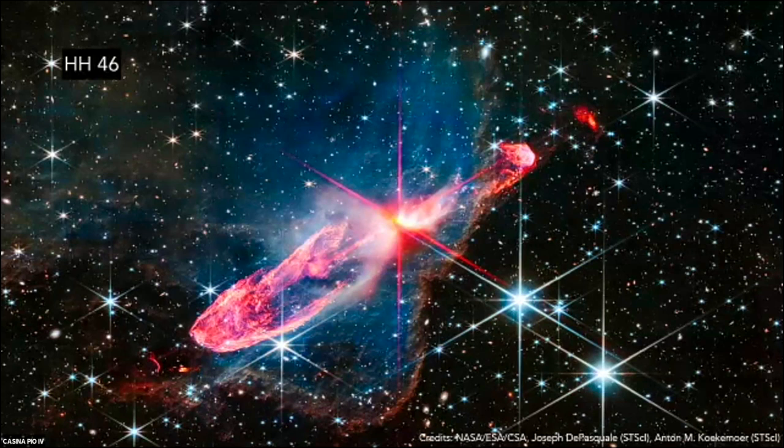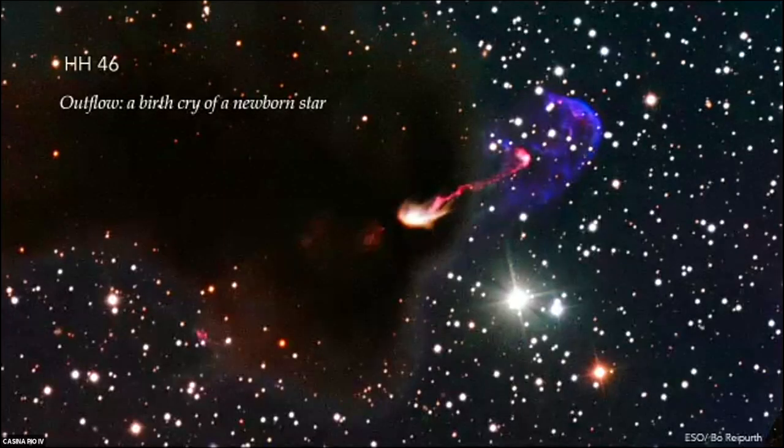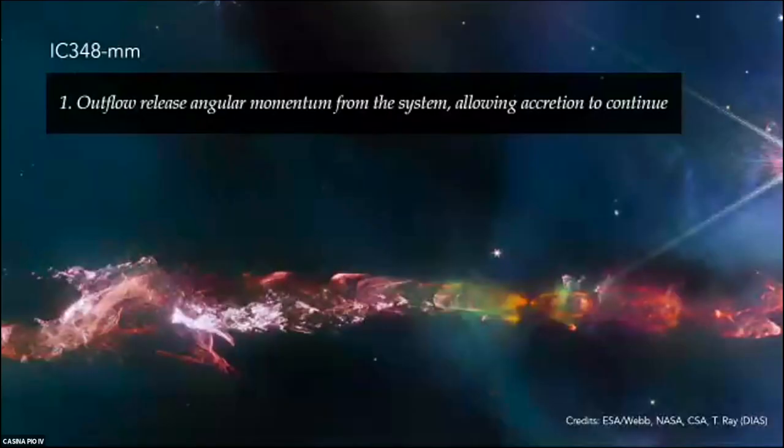But outflows are much more than that. They're much more than just a beautiful spectacle on the sky. They actually carry a lot of useful information. They are the first birth cry that we see of a newborn star, which we can already see in optical, but we can also retrieve a wealth of information about how those systems are being born. And as we look through more spectacular NIRCam images, I'm going to tell you some of the key interesting aspects